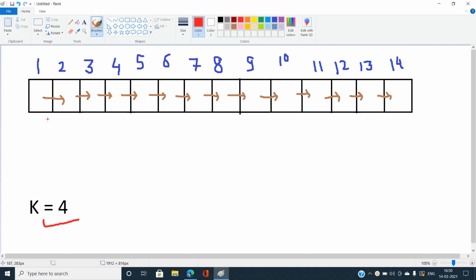So let's analyze what is the fourth node from the beginning. You can see this is the fourth node from the beginning, and what is the fourth node from the end? Simply this. And we have to swap these values. Let's say one has a value a, and the other has a value b. Then after swapping it must contain the value b and this one must contain the value a.